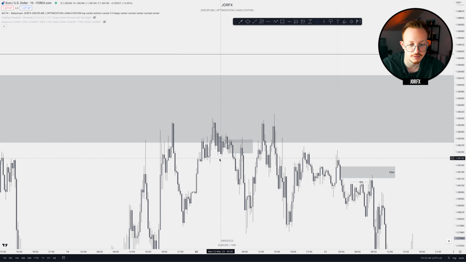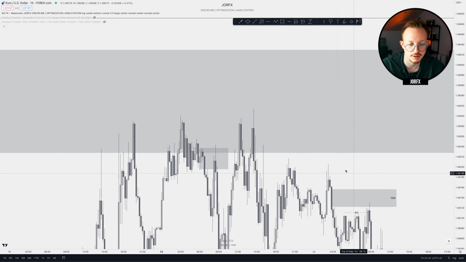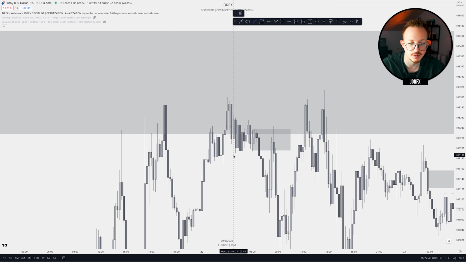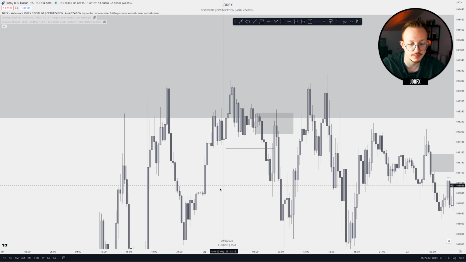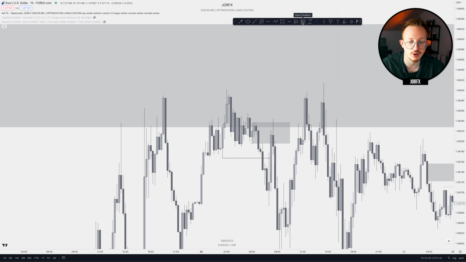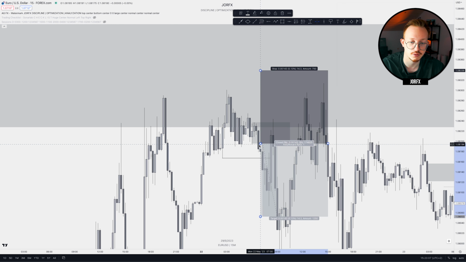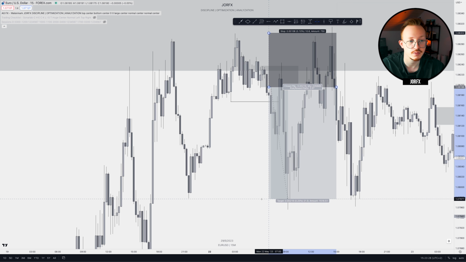And then we get a change of character, right? So basically a change of character is when your fractal structure gets broken. And again, you go from higher highs and higher lows to lower highs and lower lows. You're going to do the same. You're going to look for order blocks or fair value gaps to base your entry on. So this will be my entry. There's an order block. Stops above the high, and you can target the most recent low,